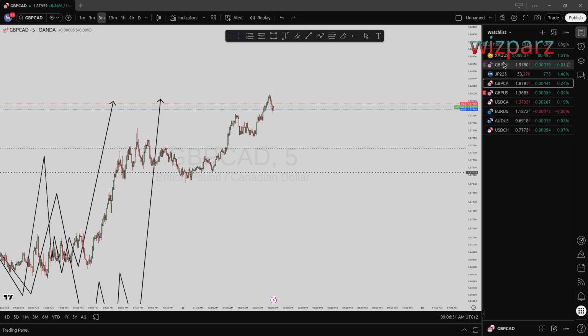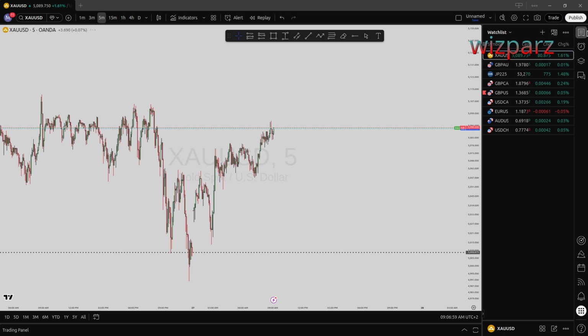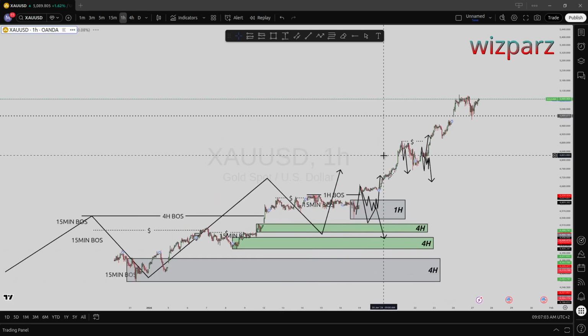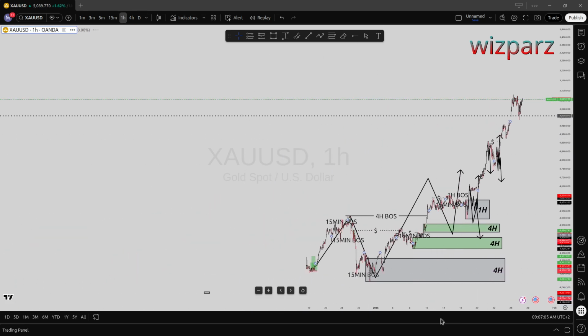Today's market outlook, we are going to cover major forex pairs, including gold. So we are going to start with gold. The first thing you have to do is to check or analyze or